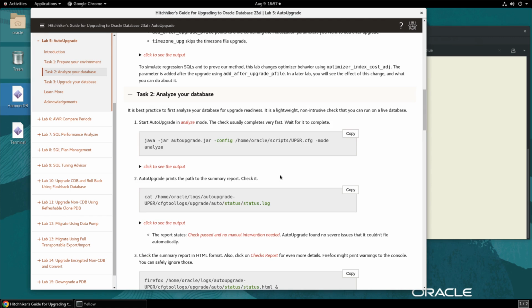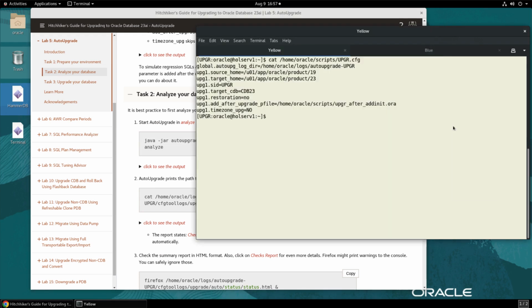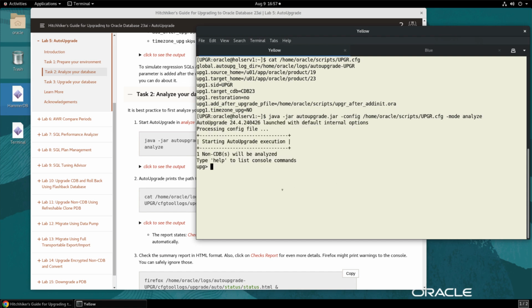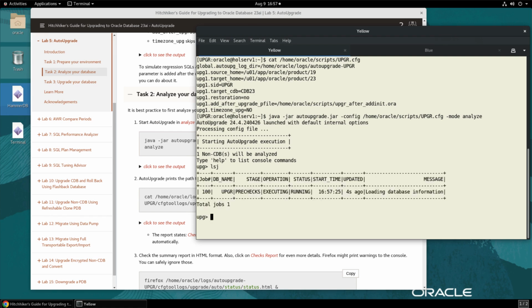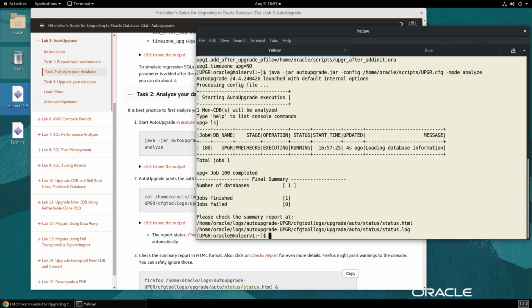When you use AutoUpgrade, you could start right away, but we recommend that you run an analyze first. So -mode analyze. Let me do this here. So you see java -jar autoupgrade.jar, then our config file, and -mode analyze. This analyze runs pretty fast. So I can quickly try an lsj. So we see the job number 100 is prechecking, and while I talk, the tool already finished and has completed